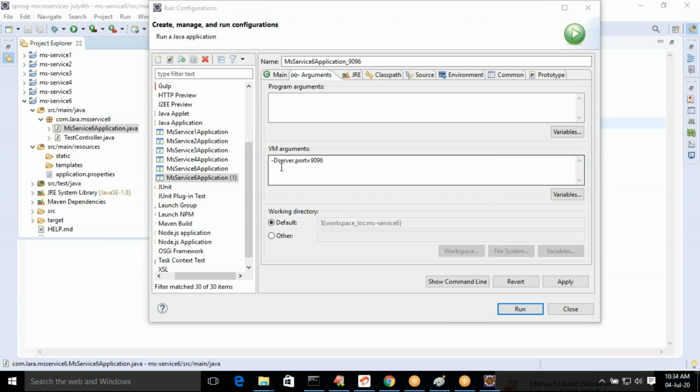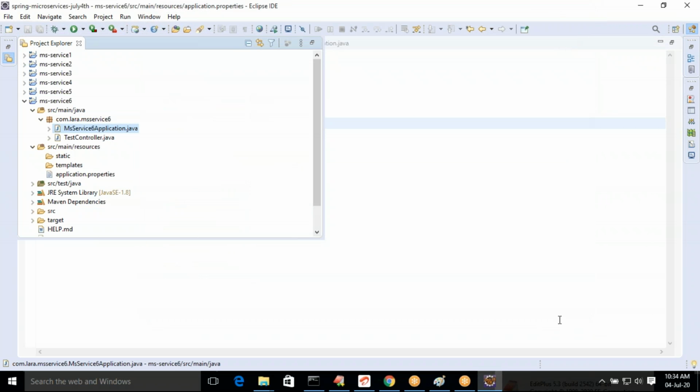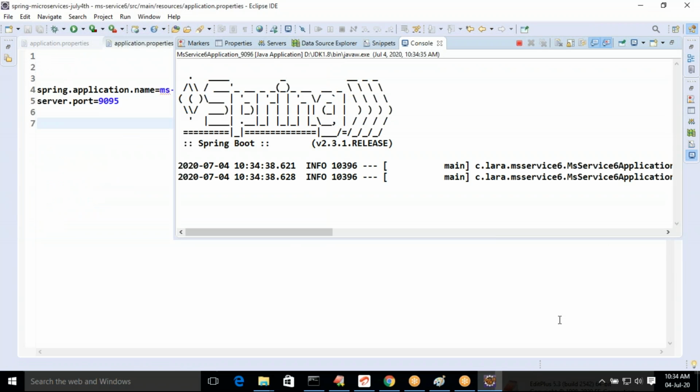Please observe, hyphen capital D, then server.port is equal to 9096. Click on Apply and Run. A new instance is created for the same application, which should run at 9096.